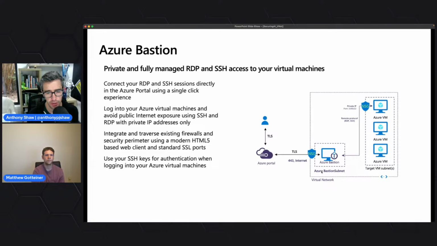So if you've got virtual machines sitting in Azure, either Windows ones or Linux ones, and you want to get access to them using remote desktop or SSH, and you don't have a VPN solution, you can use Azure Bastion to basically form an SSH or RDP gateway that you can connect through, and then you've got a secure connection to then jump into the VMs